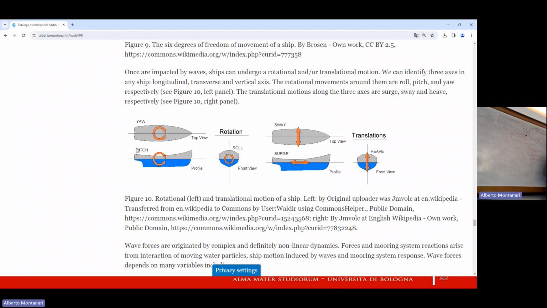Because you understand that if the ship moves, then the position of the vertical axis of rotation changes. So, if the ship is standing and you have the wind, once again, resulting in a force that is aligned with the vertical axis through the pivot point, you don't have rotation. If there is a shift, an eccentricity, you get rotation. So basically, what is important for us is to estimate, for sure, the resulting force over the side area resulting from wind. So what was called before, I think we called it